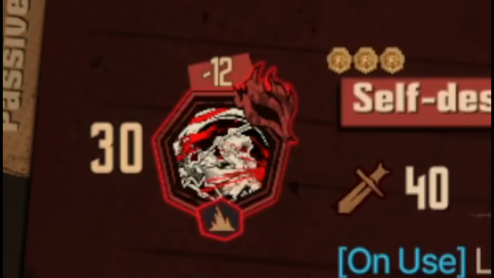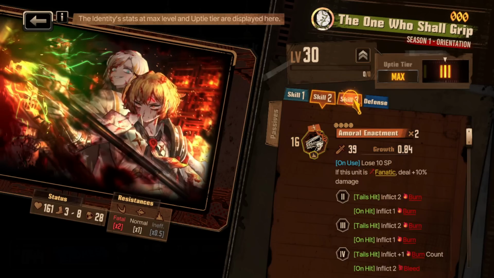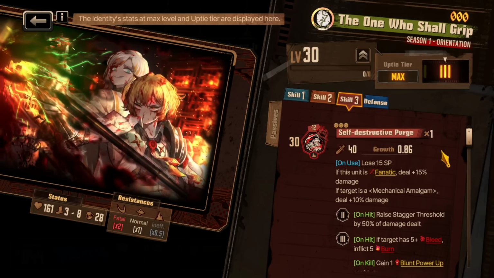Whoa! Okay, that's a roll range. Oh, I see the growth is changing as well. It's really good growth as well. This is a 3 coin...